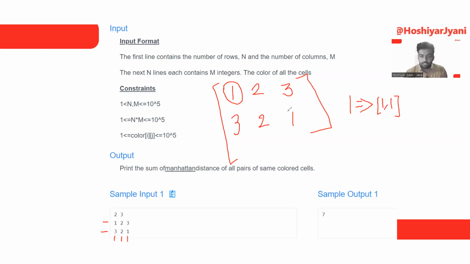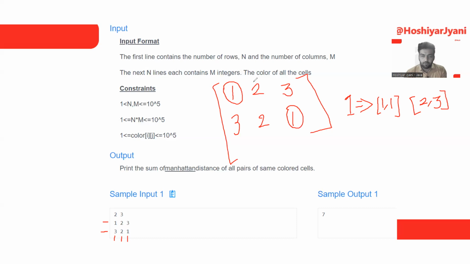The other 1 is at index 0, 2, but now we write 2, 3 because our indexing is one-based. So these are the 2 elements that have the same color, color number 1. At the 0, 0 position I am writing 1, 1, and at the 1, 2 position I am writing 2, 3. So there are 2 indexes here.